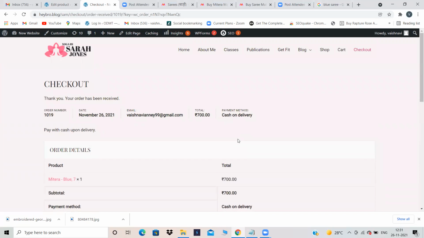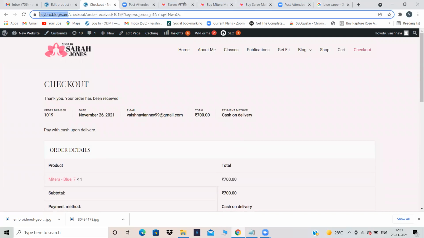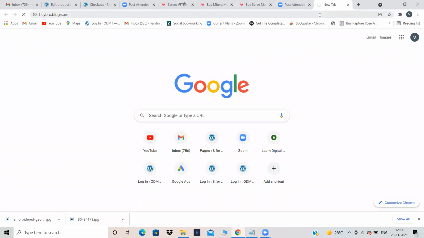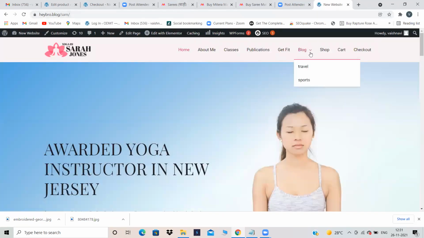See now, if you observe, let's open this website in a new tab. We have created a service website, isn't it? That is our yoga. That is a service website. And we have written blogs in that. That means we have created a blogging website. And we have created an e-commerce also. All these things we have embedded into one website. Now this is a service website. It is a blogging website, and it is also an e-commerce website. So all the 3 things are done.